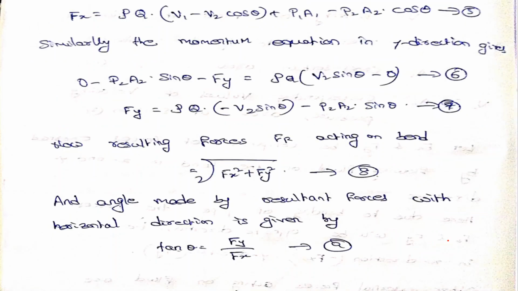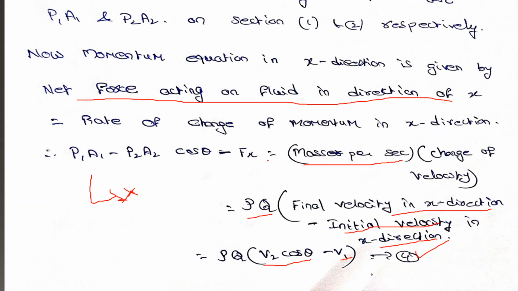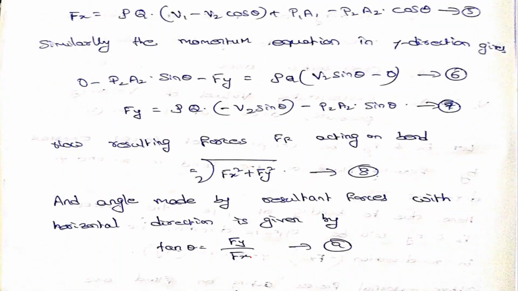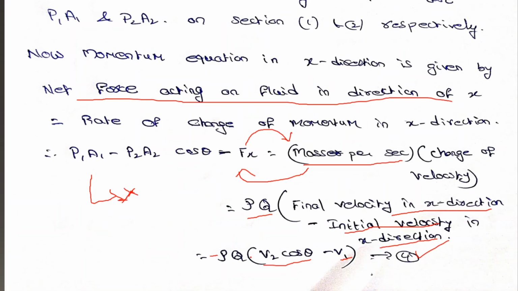Now next, the same equation, what I am doing here is taking fx on the right hand side, and the remaining part on the left hand side. Now see what will happen here. Here v2 minus v1 is there, so I will take v1 minus v2. If I take v1 minus v2 here, what will happen, there will be a minus.